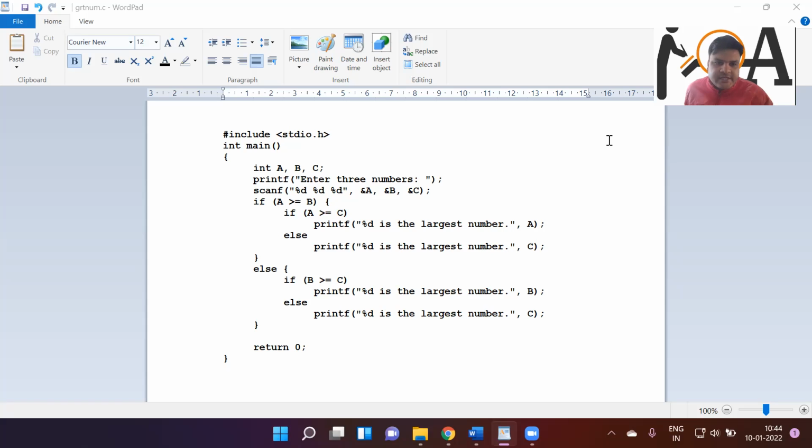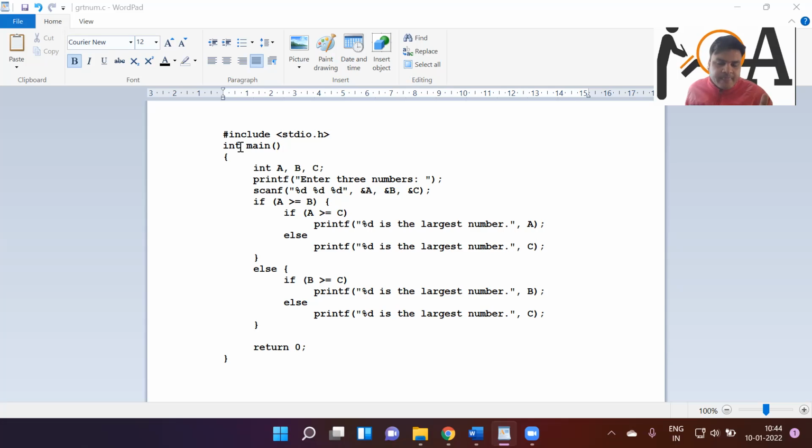And here in this session, as you can see, we are seeing C programs continuously. Here we are going to discuss that if three numbers are given and we need to find which number is the greatest among those three numbers, how to write a C program for that. So in very simple steps, one by one, we are going to execute it.